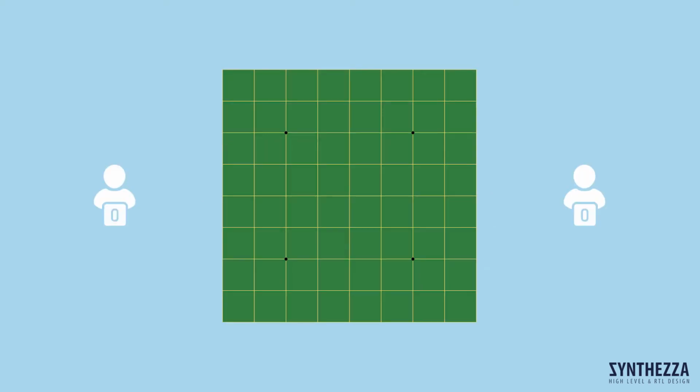Othello is a two-player game on an 8 by 8 square grid with pieces that have two distinct sides. The pieces typically appear coin-like with a light and dark face, each side representing one player. The goal for each player is to make their color pieces occupy the majority of pieces on the board at the end of the game by turning over as many of their opponent's pieces as possible. You can find the link to the rules for this game in the PDF script of this video.